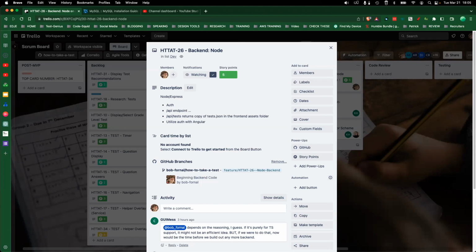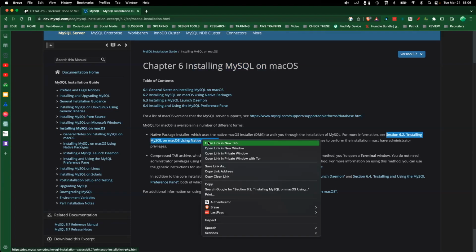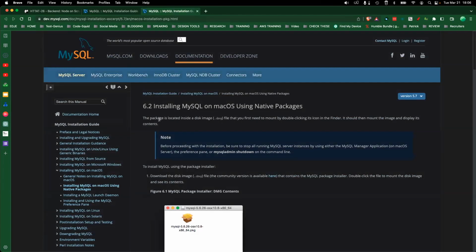But we left off at the point that I realized that I have no MySQL running on my machine to connect to, right? So that's a pretty easy fix. I'm looking at the MySQL webpage. In fact, I had drilled into installing on a Mac since I'm running on a Mac. So I got to find the native packages, and I did verify on the native packages that